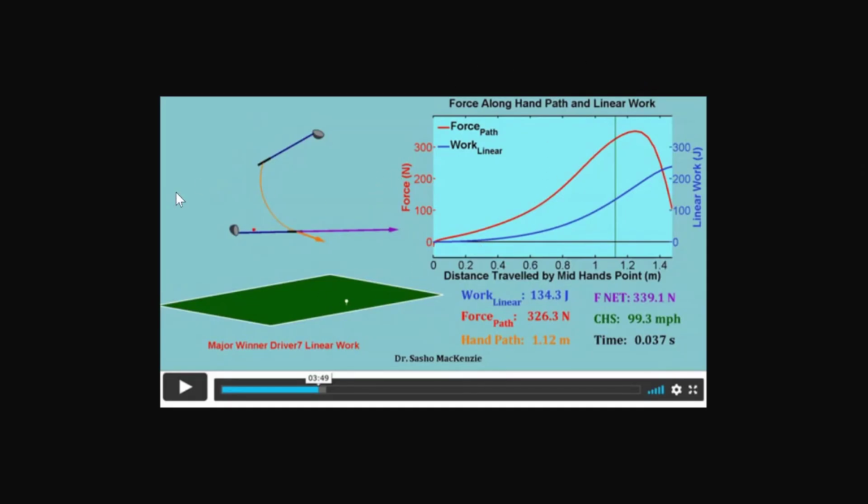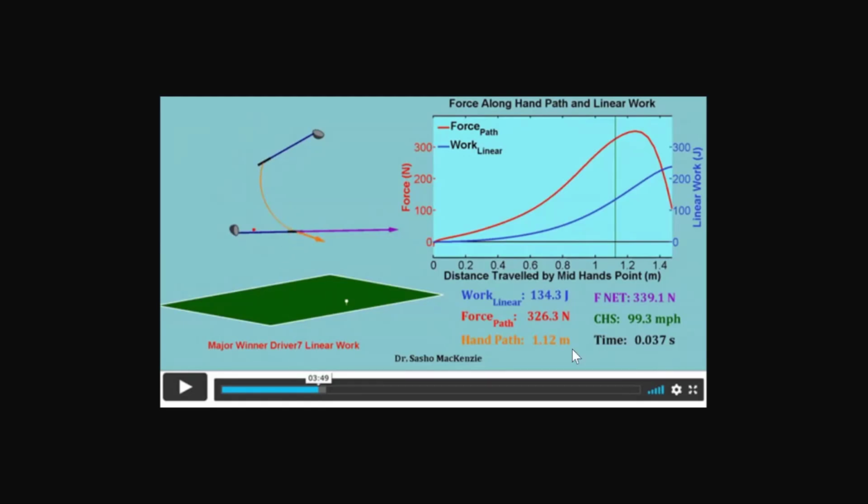So this is his graph showing the linear work performed during the downswing. So this is just at one position. Here was the club at the end backswing position. The orange line here represents his hand arc path. You can see the hands move down this path, and this orange arrow shows where the lead hand is moving down the path. And when the lead hand moves down the path, it's obviously pulling the club handle down the path, and that